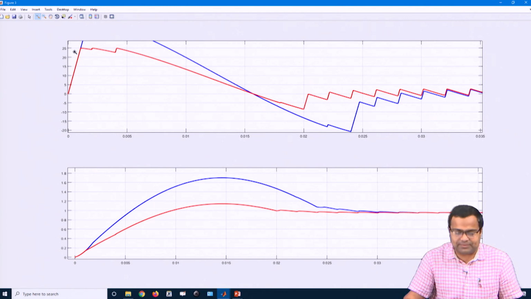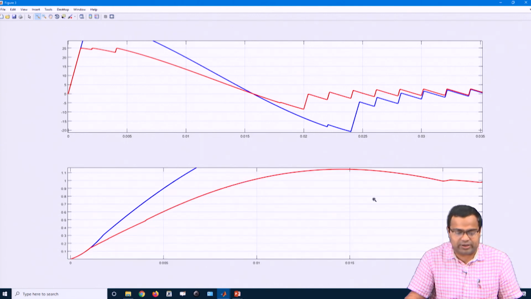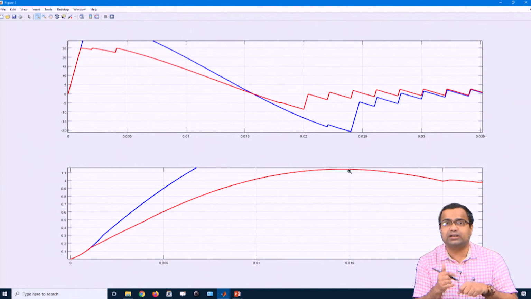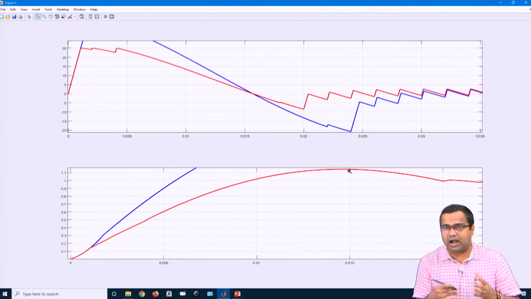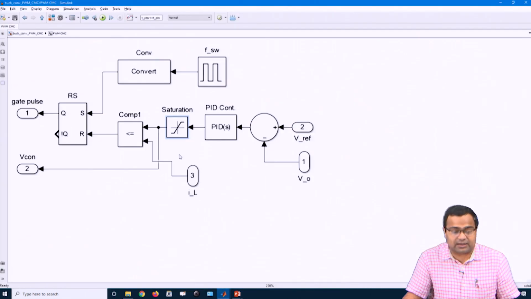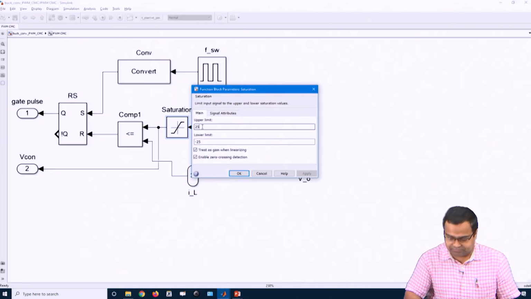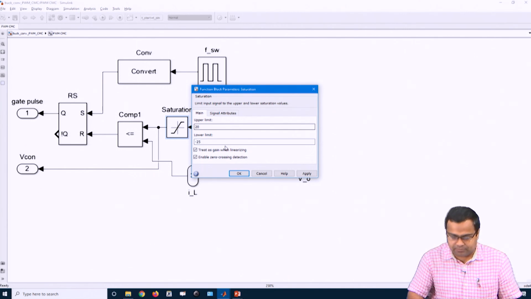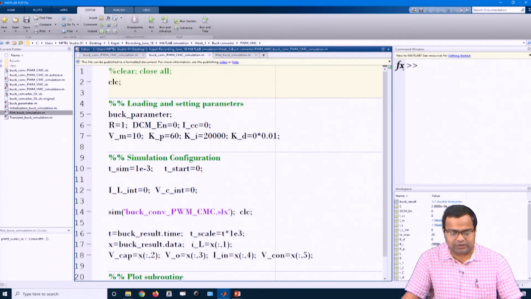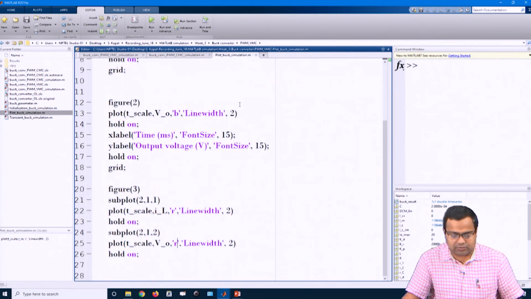But there is a voltage overshoot which may also not be acceptable, because it is going around 1.1 volt. If you are talking about a power supply for a processor, that 100 millivolt may be too high. So, we have to limit this. That means, at the beginning we can set the current limit to maybe 20 ampere, for both up and down, and we want to see what the impact is. That means, I want to repeat this simulation again. Now, I will use a green color and see.